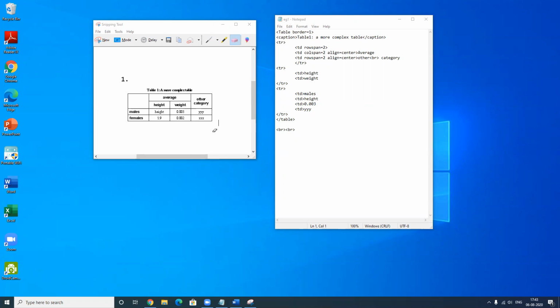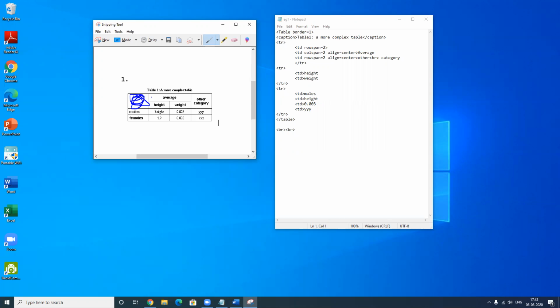Now this is the question that we'll be solving here. If you see here, this first cell is an empty cell, and this cell has been created not with a single row and column. It has been created with the help of two rows.